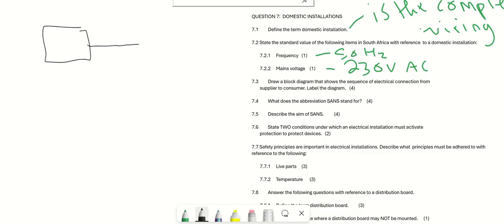Then the electricity is transferred to the substations. At the substations, they boost electricity and distribute it to houses. And from the houses to the distribution board inside the house, then to the plugs.